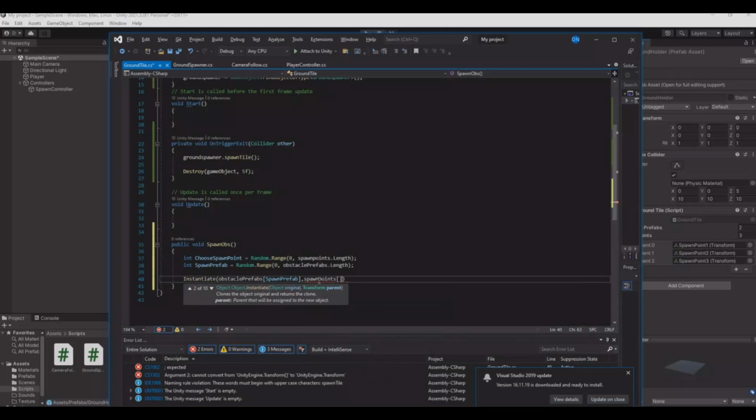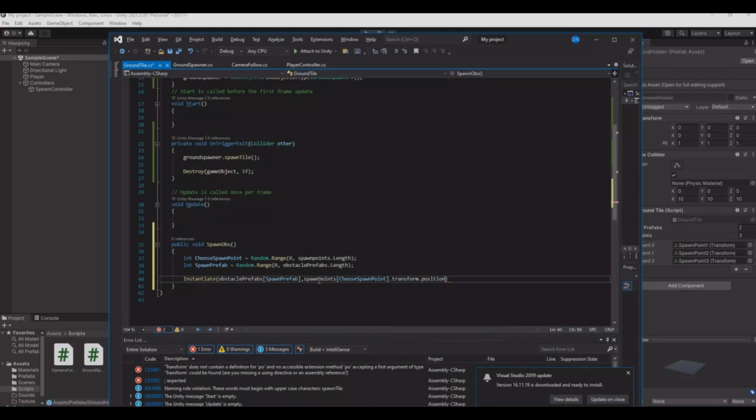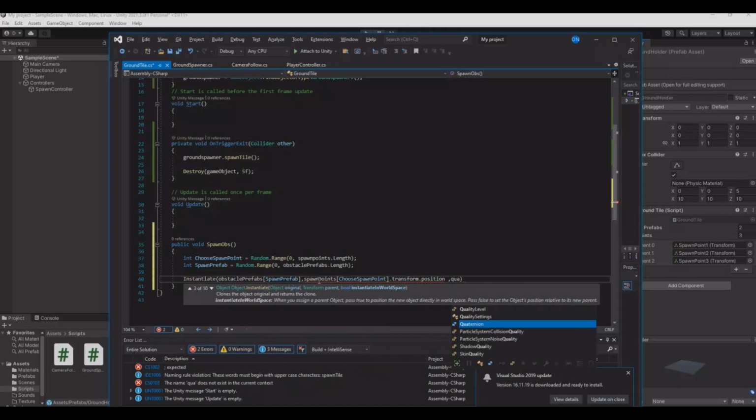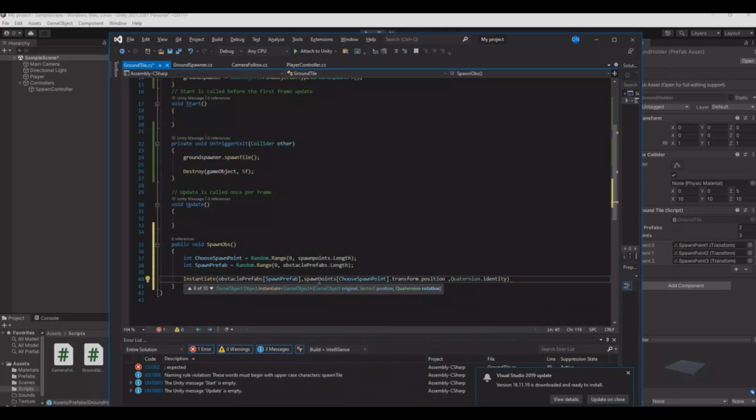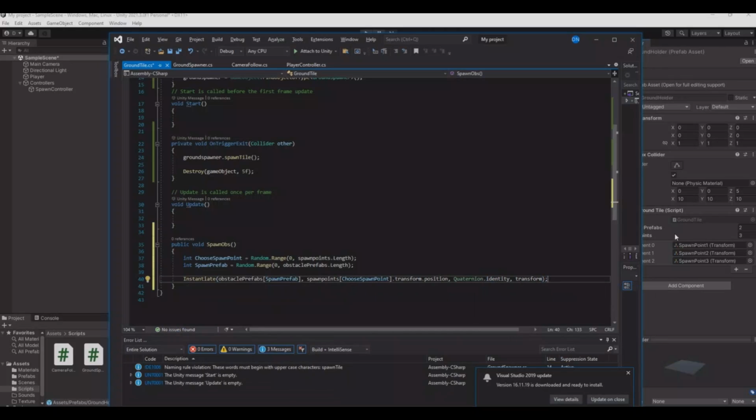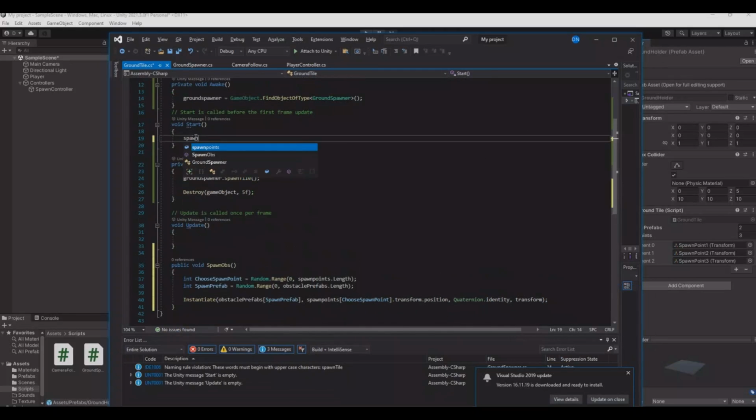At the spawn point, and the spawn point will be chosen spawn point dot transform dot position, and then again Quaternion dot identity, that will be the rotation, and then the transform like this. And in the start we will call the spawn obstacle. So let's save this, and